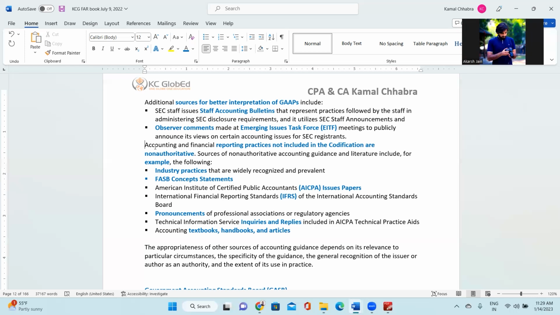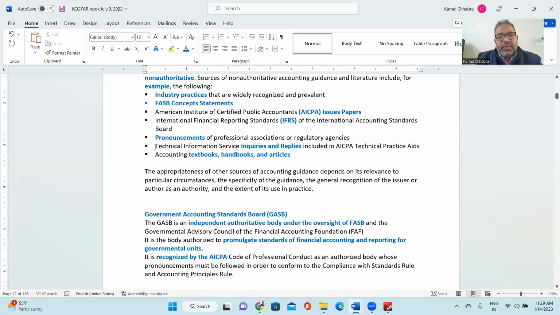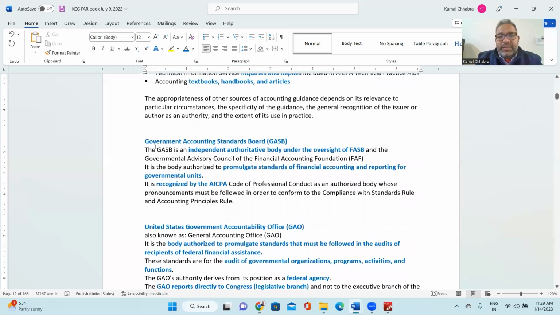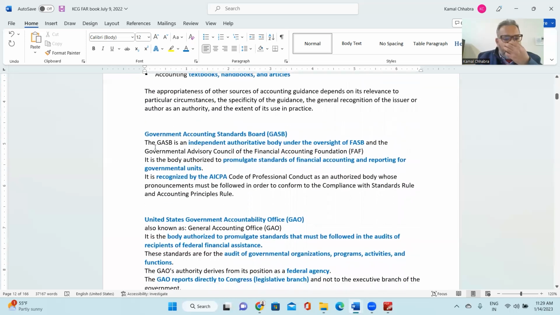Yes, sir. So the appropriateness of other sources of accounting guidance depends on their relevance to particular circumstances, the specificity of the guidance, the general recognition of the issuer or author as an authority, and the extent of use in practice. But practically, I have seen IFRS, AICPA issues, and then industry practice are more considered as